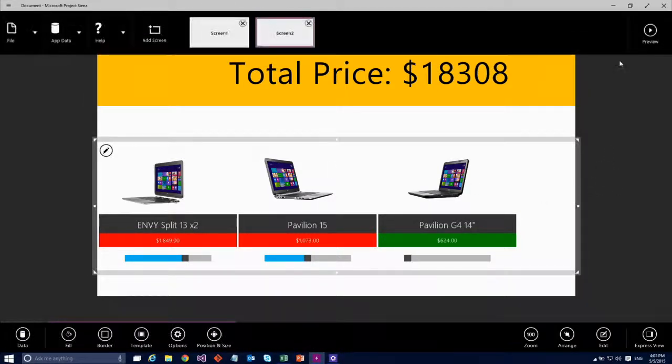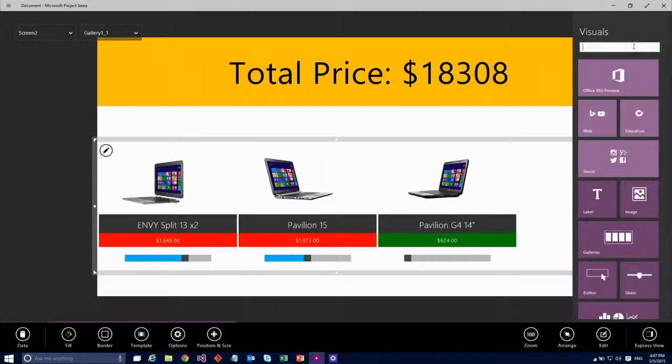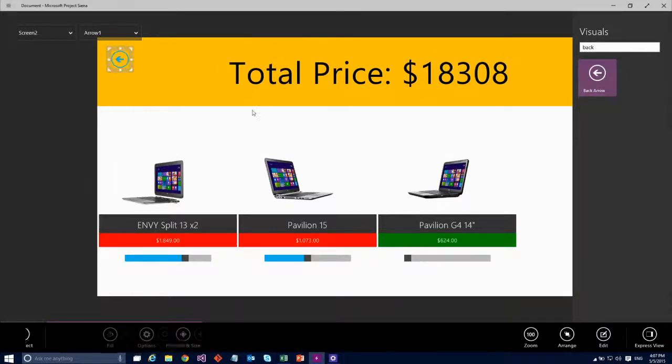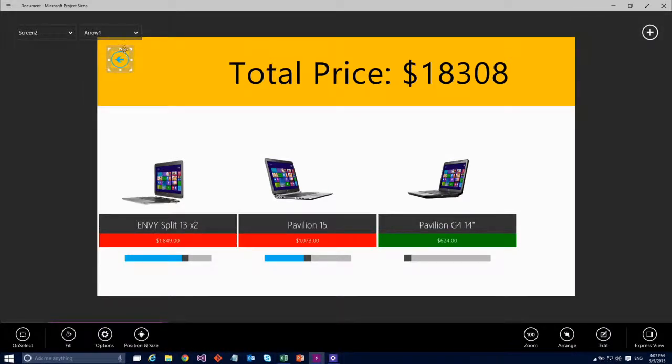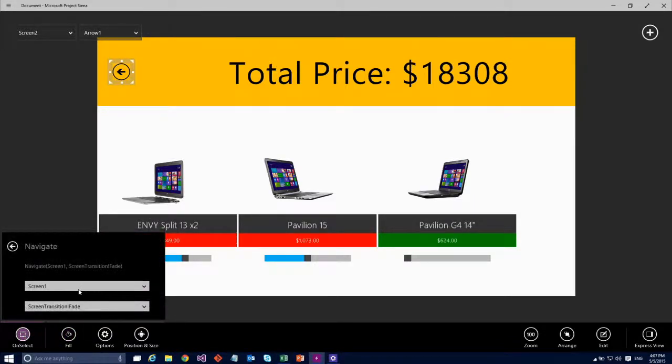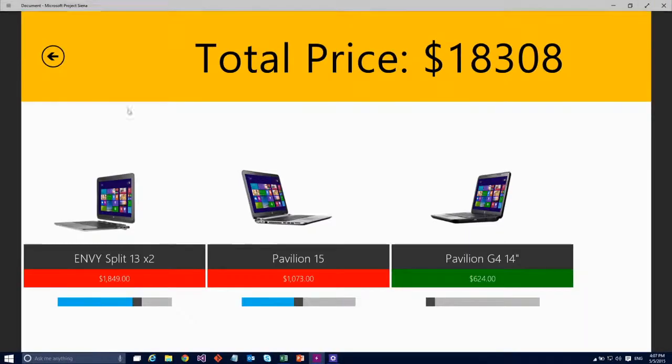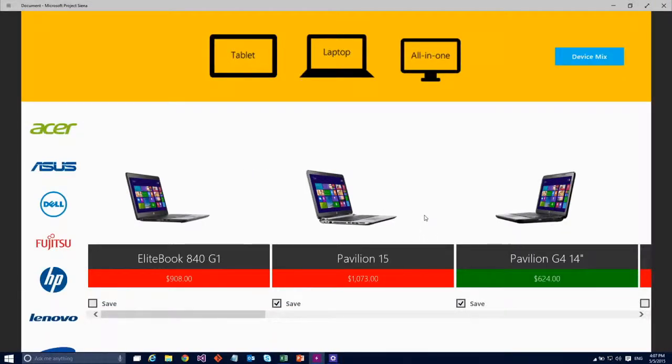And there you go. Oh wait, no, one more thing. I got to add a back button, because otherwise you get stuck on that screen, right? Cool. A little color never hurt. And then navigate back to, again, there's no third screen, so Siena says you probably want to navigate back to your first screen. Cool. Preview it. And I've got an app.